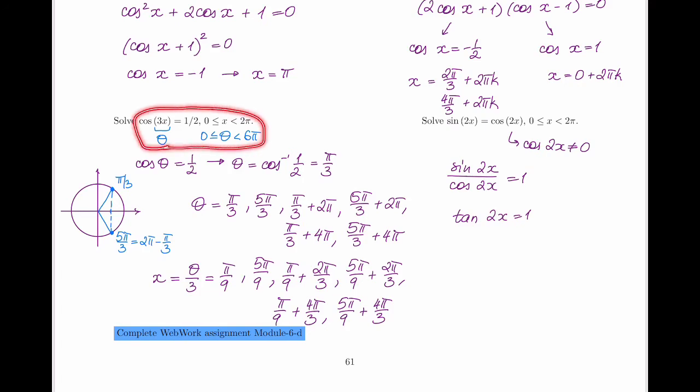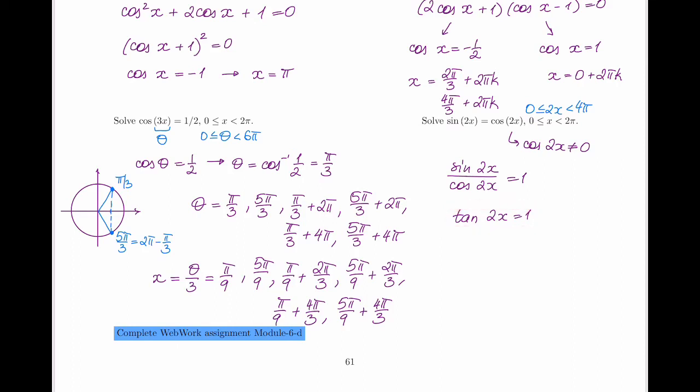So the moment I started treating this angle as the one I was solving for, I also had to keep in mind what the multiple angle is restricted between. So my x here is between 0 and 2 pi, which means that my 2x has to be between 0 and 4 pi. So my solutions for 2x have to be in this region. All right, now applying the inverse